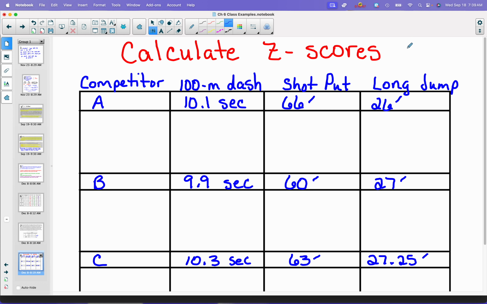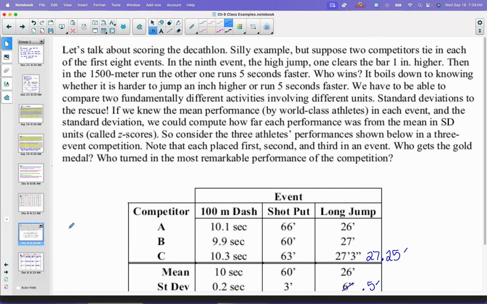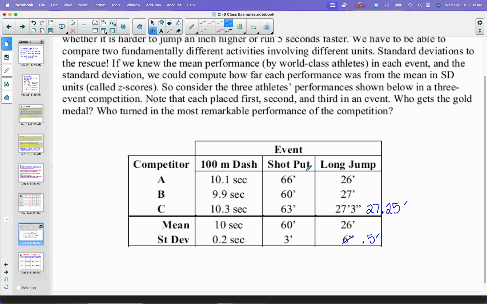So we're going to calculate z-scores. Remember, to find the z-score, you're going to take the data value, I'm going to call that x. We're going to subtract the mean, and we're going to divide by the standard deviation. So I'm going to be using these values from this chart because I have my means and